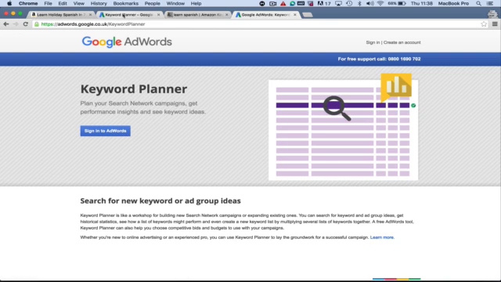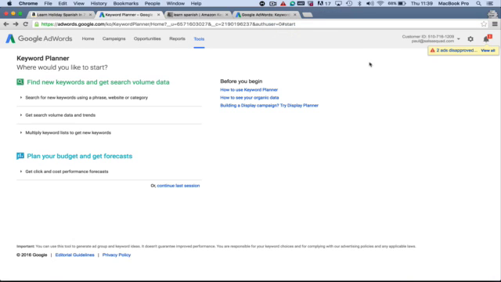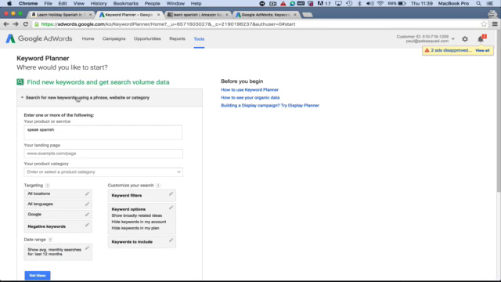Now, once you're logged in, you will see this screen, Keyword Planner, where would you like to start? So I want you to start on search for new keywords using phrase, website or category. Now, we're going to use a phrase and we're going to say speak Spanish. Okay, let's just change that for now to learn Spanish. We're not going to enter a website. You can if you have a website, but I would just suggest you just enter what we're going to call